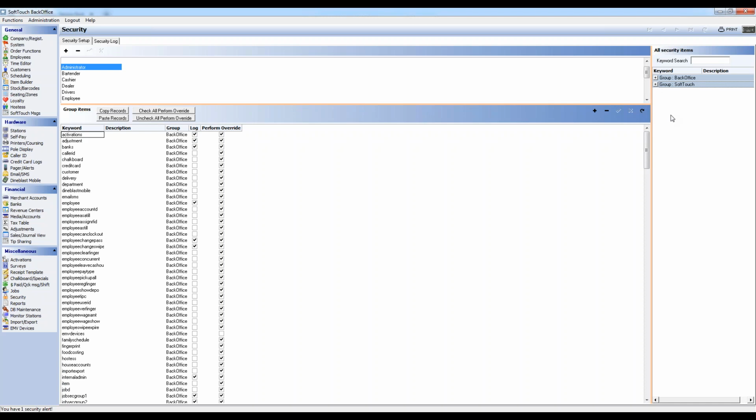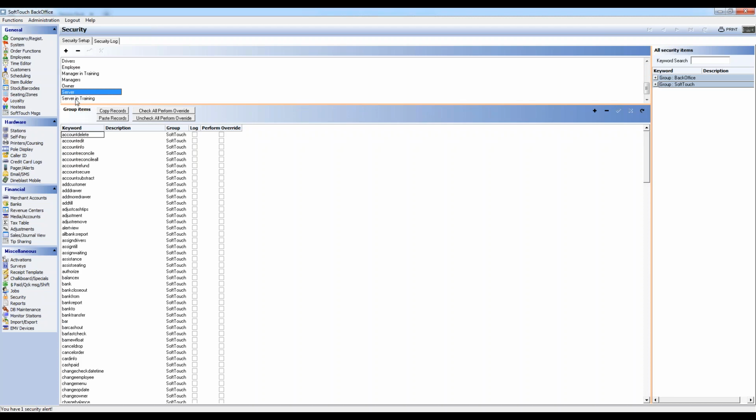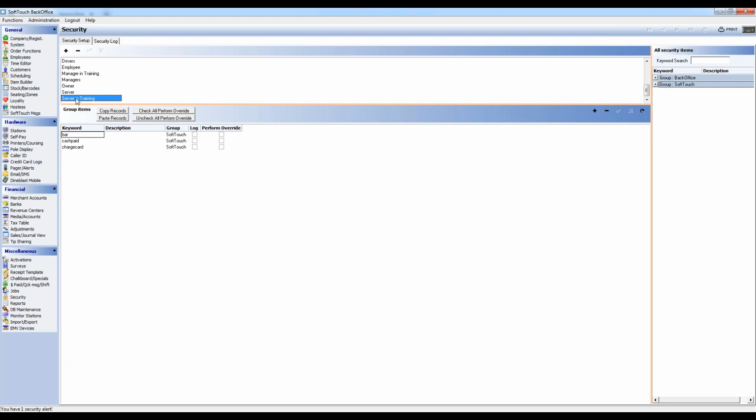Actually, something that dealers like to do is maybe they want to limit a restaurant owner from being able to do certain things. Maybe they're afraid a restaurant owner is going to accidentally delete their menu. You can have it so the restaurant owner isn't able to access the item builder, for example. So let's say, let's get rid of the administrator and go to server versus server and training. You can see server has several security items versus server and training who only has 3. So this is where